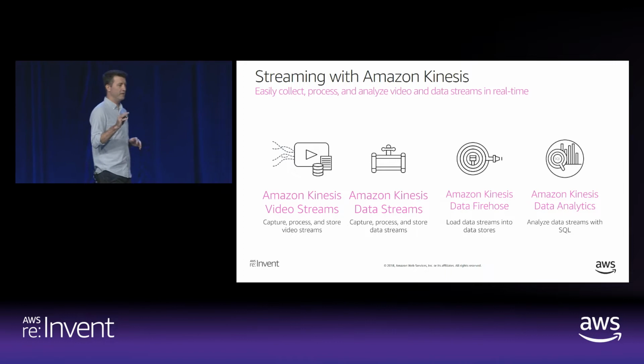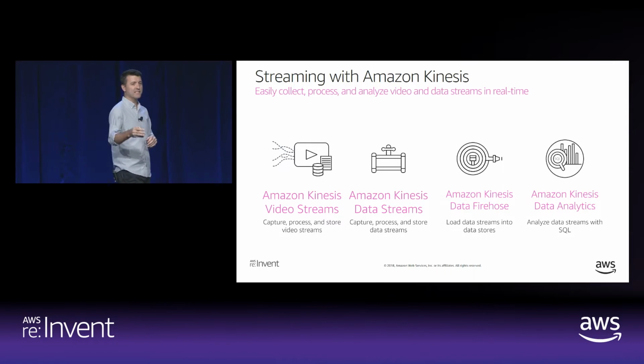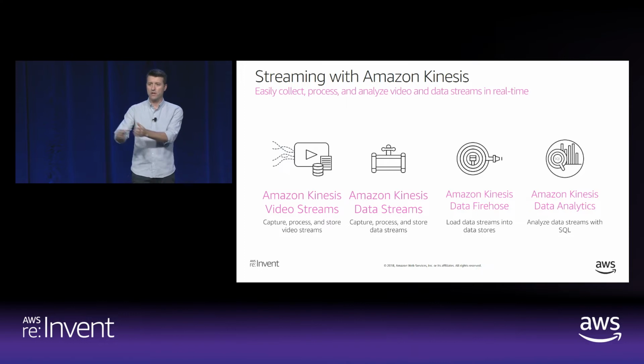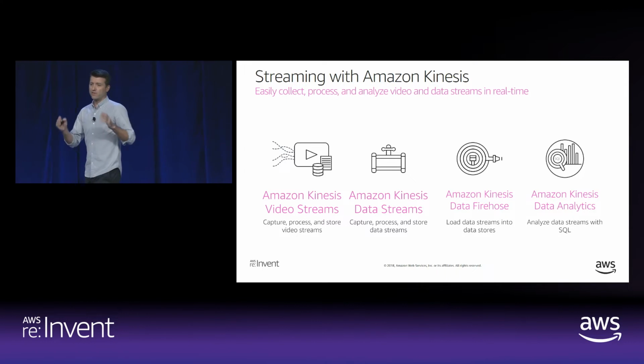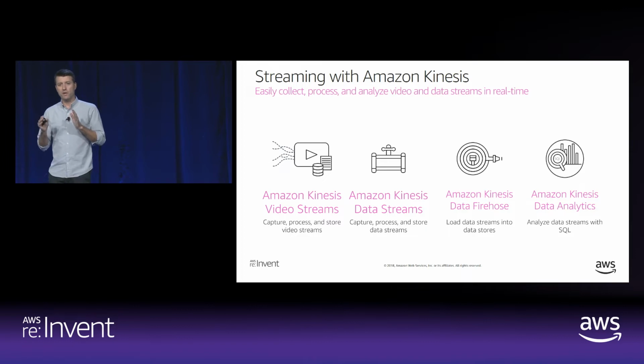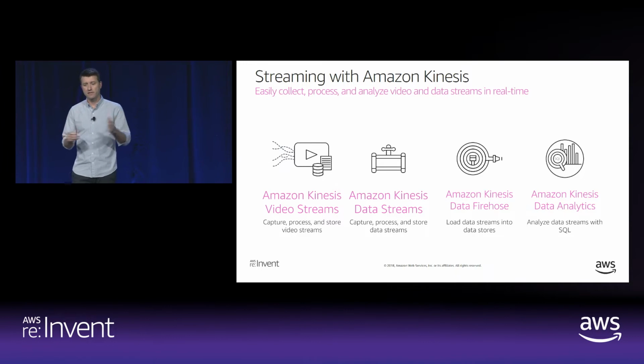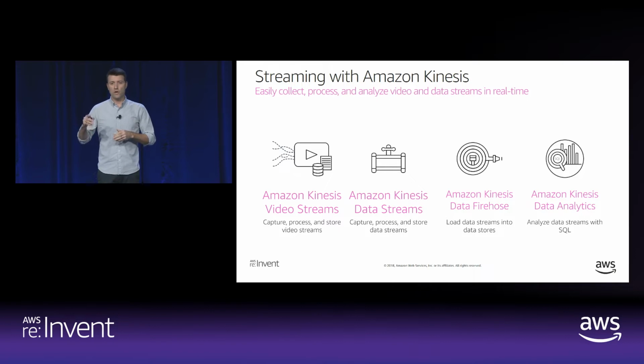Kinesis data streams, I'll tell you the biggest question that you can ask yourself to determine should I use streams or should I use firehose is this. Kinesis data streams requires you to typically write custom code to get data from the stream. So you have a data producer that puts data into the stream. It's going to sit there in a buffer, by default 24 hours. You can extend it up to 7 days. And then your consumers, 1 or more, are going to take the data off the stream and do something with it. So in that context, the stream is just a buffer, and you have to write the custom code to take the data off the stream and apply your business logic to it.